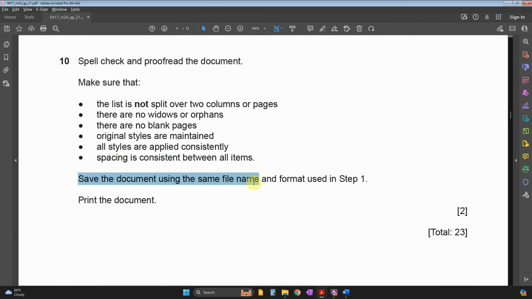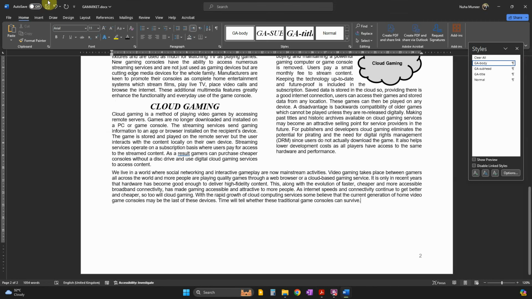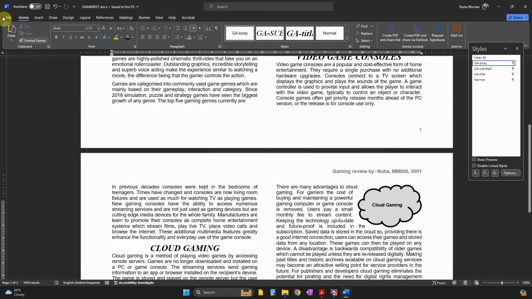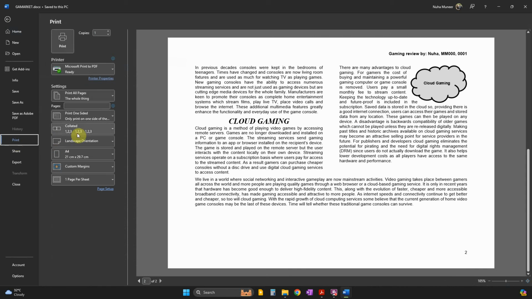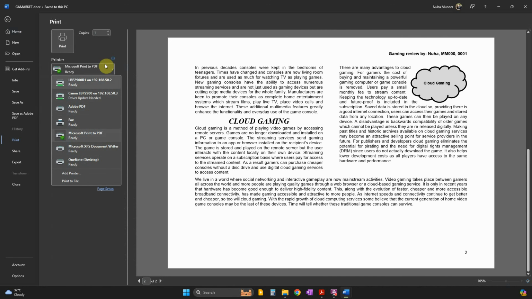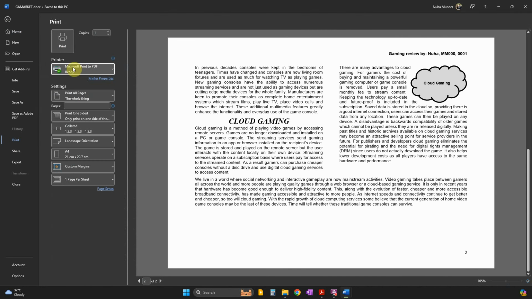Save the document using the same name in step 1 and print the document. So let's save it. It should be with the GA market. Okay, after that you need to go and print it out. If you have a printer at the same moment, you can just go to print and print it out. Choose which printer you're using, or you can just use Microsoft Print to PDF. If you don't have it at that time and you don't want anything to be changed, just go to print,